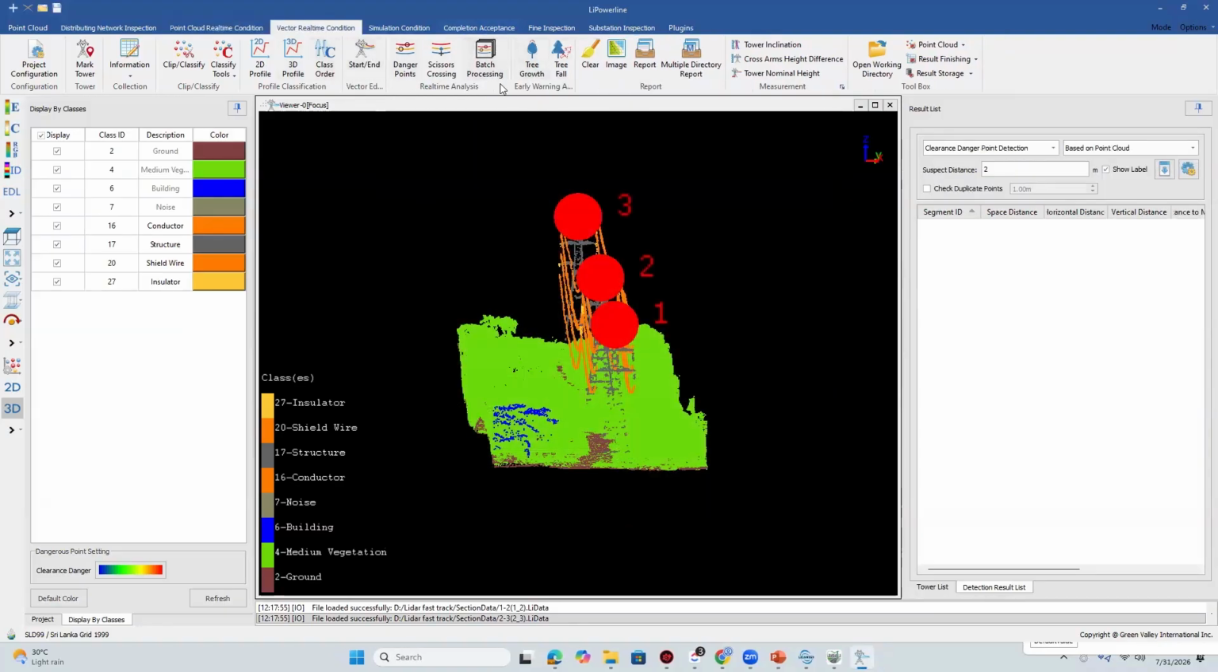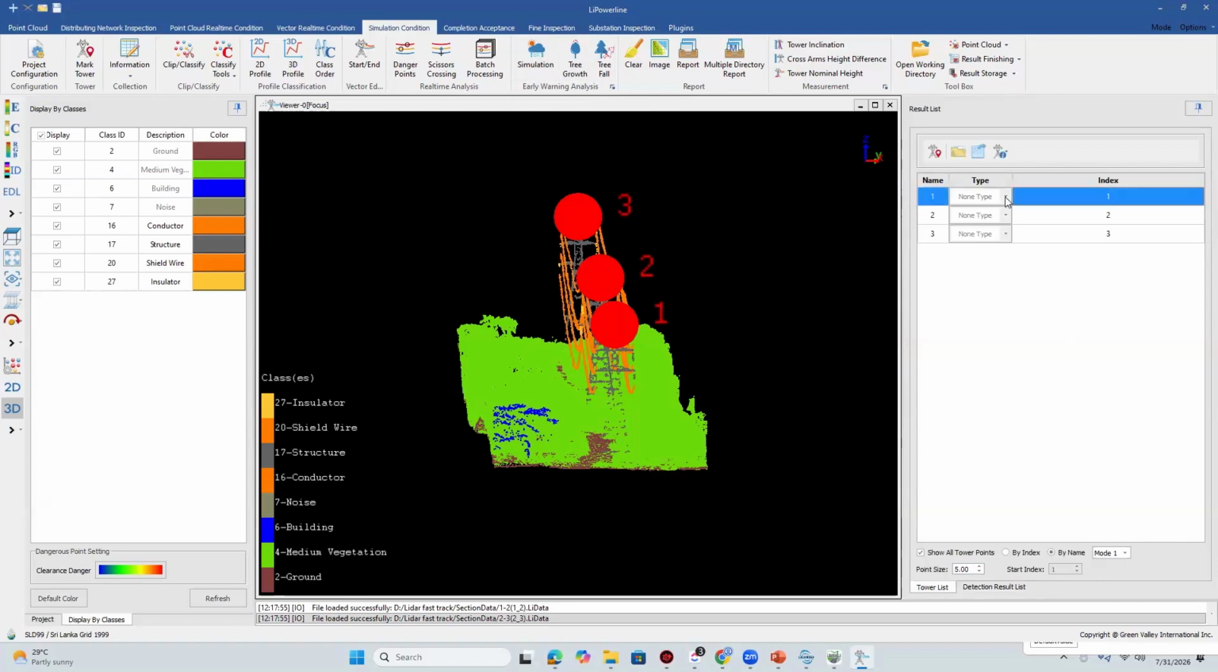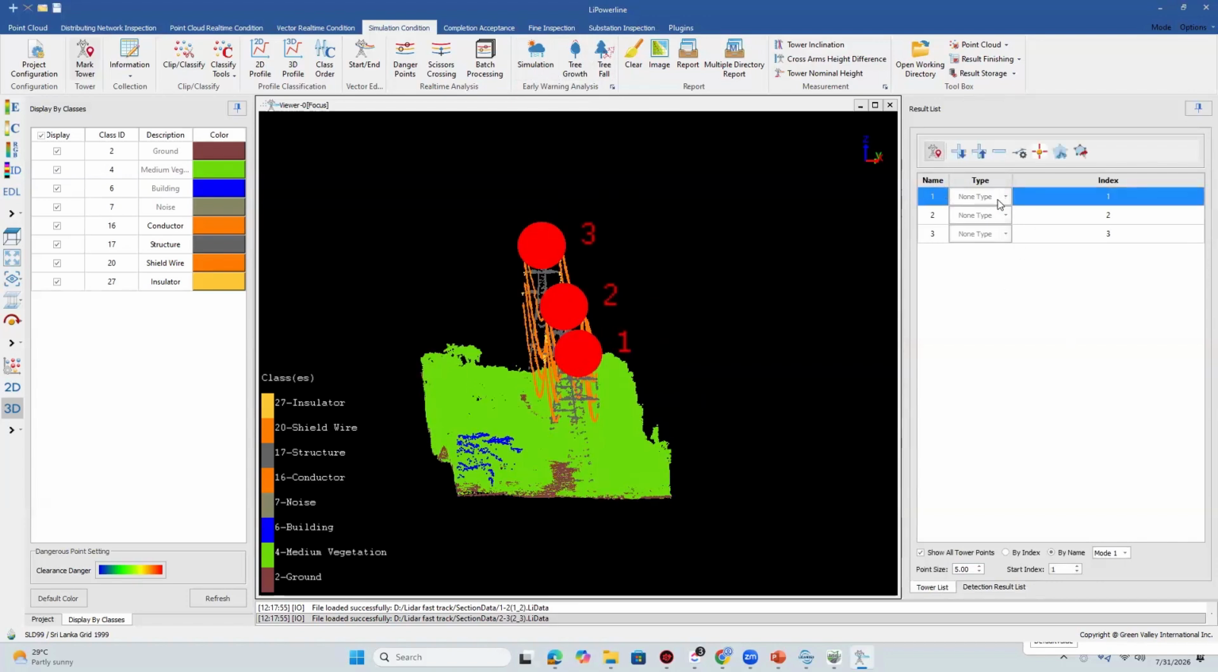Also, here we can use the point cloud, and also our vector data, and these are the simulations. Here we have to select the tower type, like extension. Sorry, straight towers,